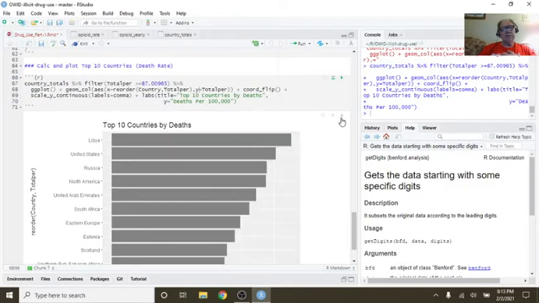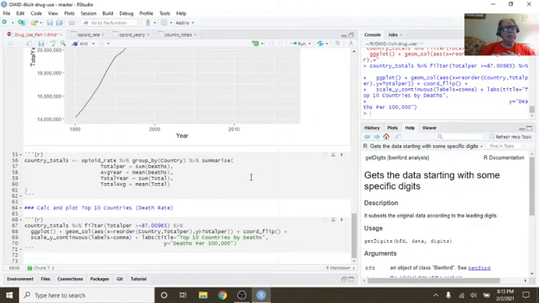Now, can we use this data to actually do some numbers by?